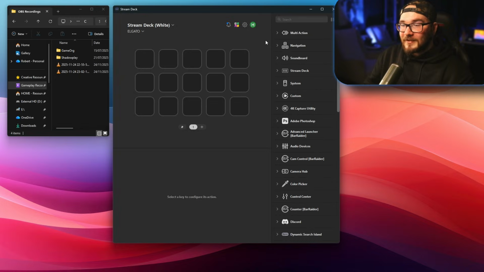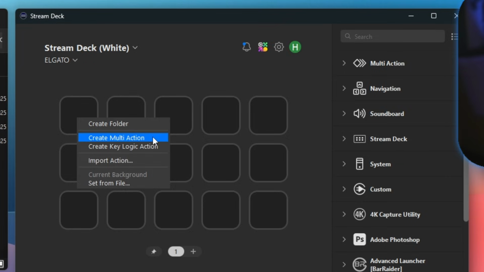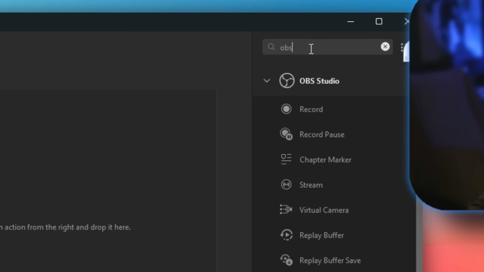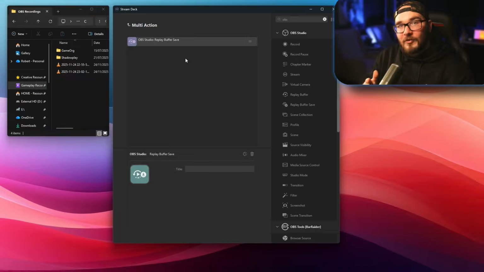So to capture both formats at the same time and add stream markers, we are going to need to use something called a multi-action. So to get started with this one, we're going to right click on any of these keys right here and select create multi-action. First of all, we're going to go ahead and search for OBS, find replay buffer save, click it, drag it over,